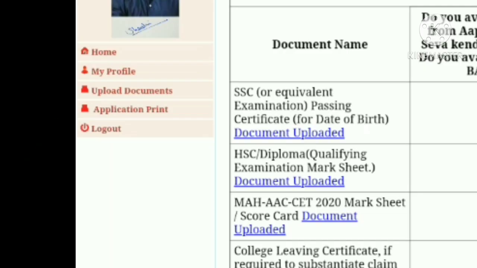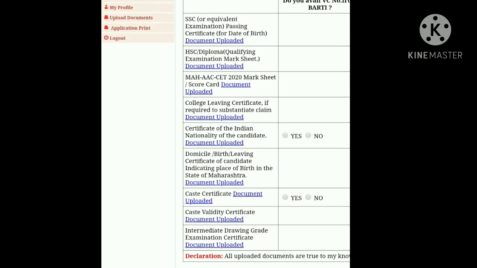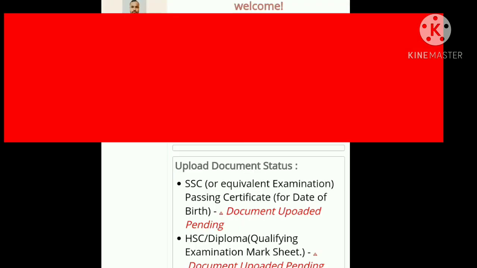After that you can take a printout of this form. There is the option Application Print. There you have to click and save the form as a PDF document, which you require